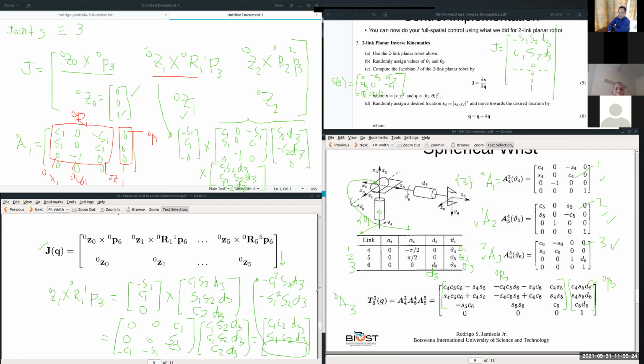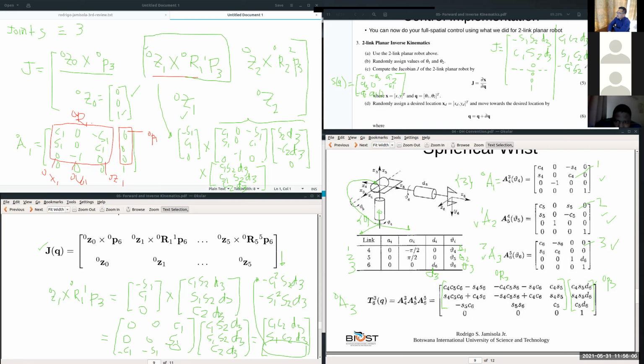Okay, so now that is your first, that is the result here. So now we have our second column. Your second column is C1, C2, D3. Next is S1, C2, D3. And the third part, and the last one is this one that I have written here, minus C1 squared, S2, D3,